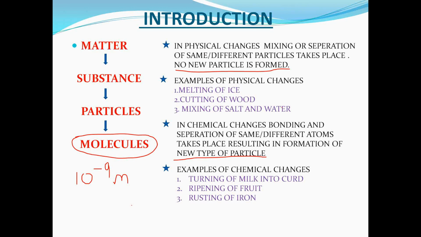Iron has luster, whereas iron oxide doesn't have any luster. Iron has high tensile strength, whereas rust does not have any high tensile strength. Thus, we can again say that a new kind of substance is formed. From the above examples, it is amply clear that in a chemical reaction, new substances are formed.